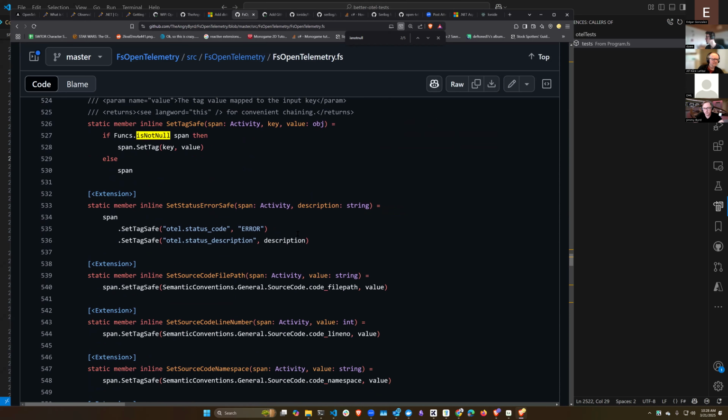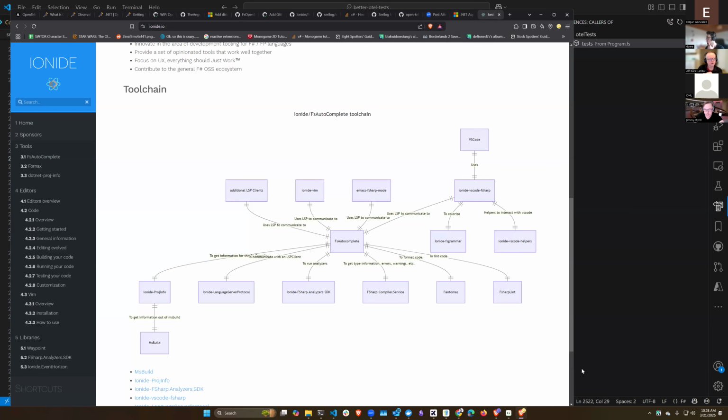Also, there is something called semantic conventions in OpenTelemetry. I didn't touch on this specifically, but there are a lot of well-known keys that you can specify with potentially well-known values, though sometimes they're left open. These allow vendors to know specific things about your traces. So if we look at the Aspire dashboard,